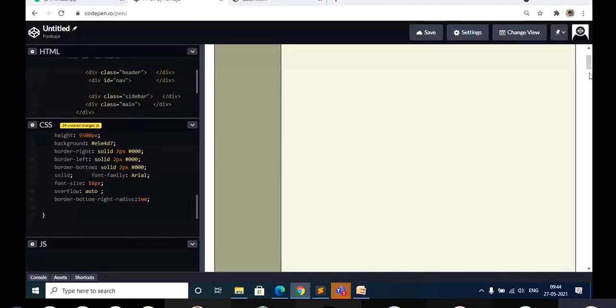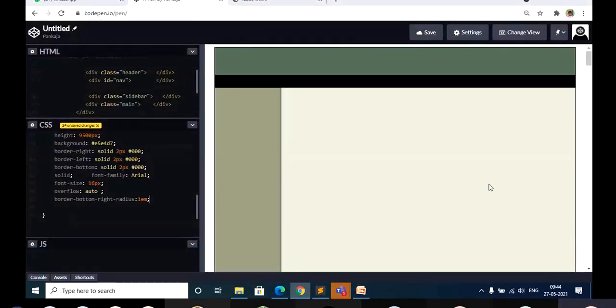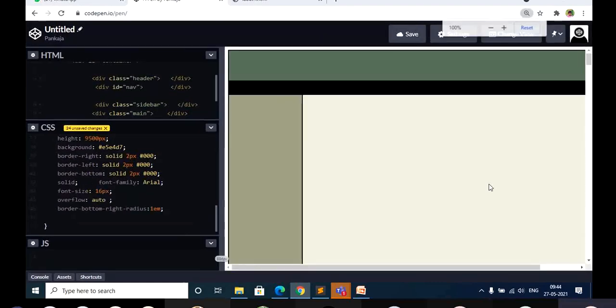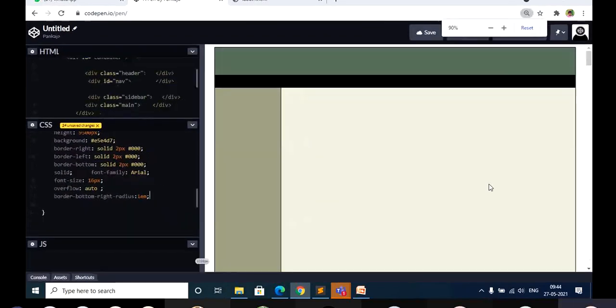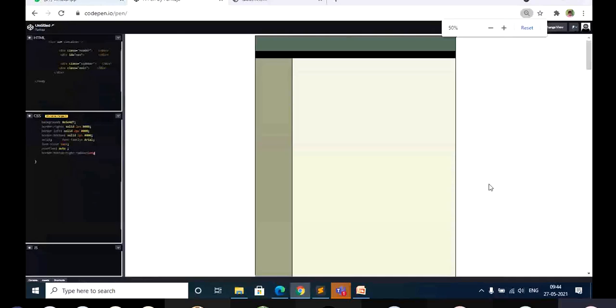If you want to see this web page on a mobile phone, I think it will cover the complete screen without showing any left side and right side gap, because the size is fixed. Maybe you observed it here in the online CodePen. Whatever the size may be, it is going to be fixed. If I increase the window size, you can see there is a gap. If the window is smaller, you can see a lot of gap between the left side and right side.